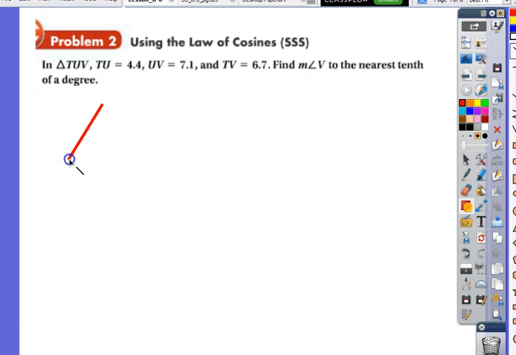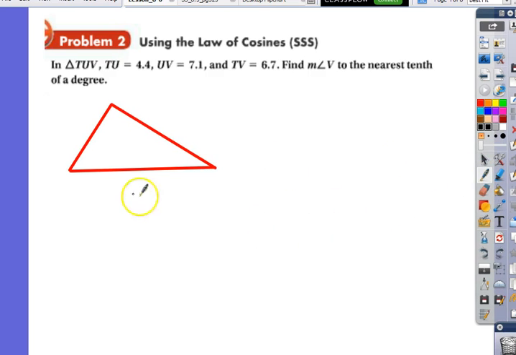Remember, a lot of people are visual learners. Let's draw a triangle. The triangle's not going to be drawn to scale, but I'll go ahead and slap some stuff up there and then label it T, U, and V. What's the length of TU? 4.4. By the way, what little letter do you think this would equal? Little v. Why v? Because it's opposite angle V. What is UV equal to? 7.1. What little letter does that equal? So little t is equal to 7.1, and then obviously this is little u, and it's going to equal? TV is